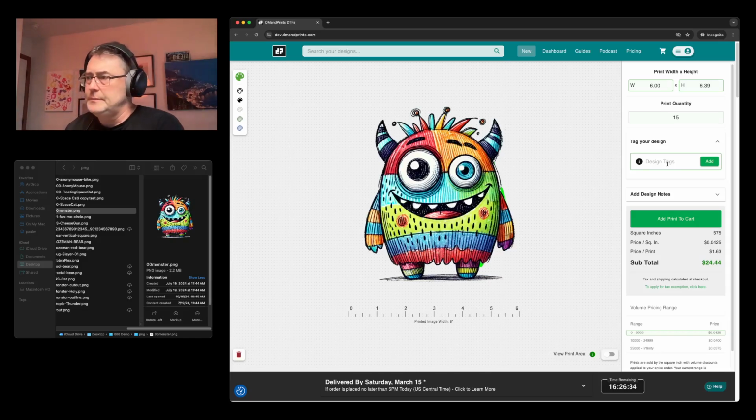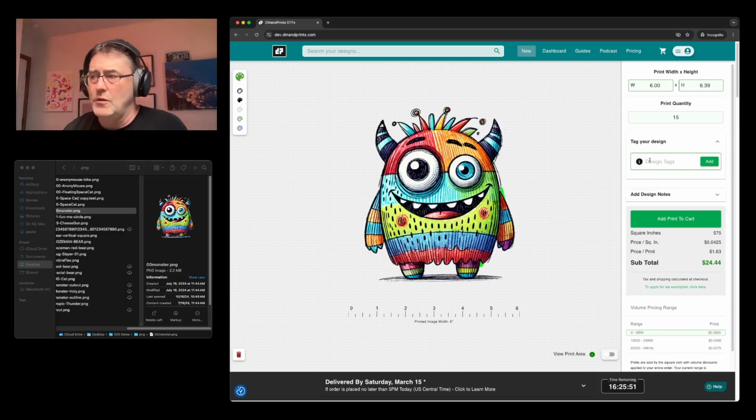Let's talk about tags for just a second. When we were building Demand Prints and going back and forth using this ourselves, because we also have our own shop, both at our shop and with some of our early customers, they kept asking for things like, hey, can you add a field for a PO number? Can you add a field for a reference number? I'd like to be able to add the name of the artwork. So it was like, here's all these fields that we just kept confusing the interface. So instead, what we decided to do was just let people provide up to 10 tags. I randomly picked 10 tags. I just never saw anybody put in more than 3 or 4, but 10 tags,